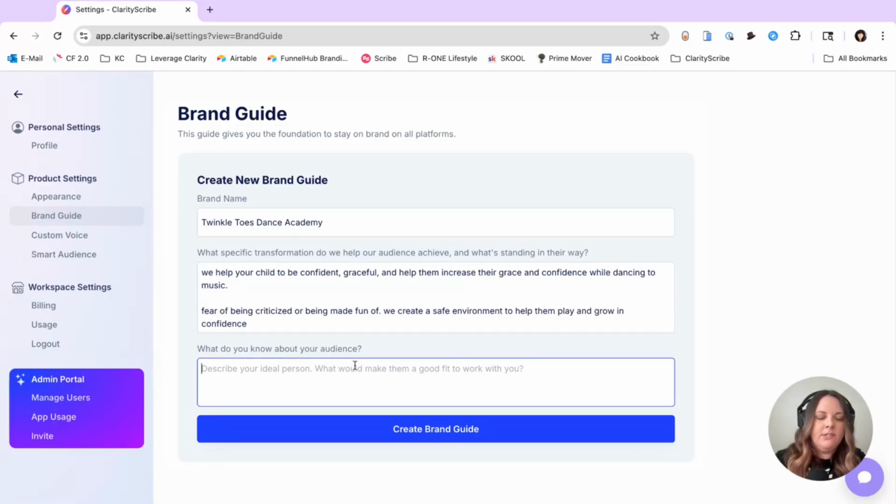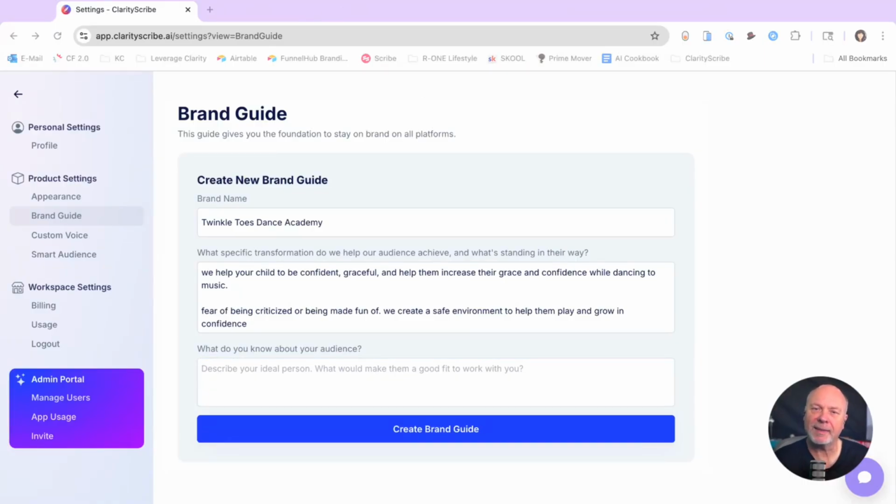All right. Now let's describe our ideal person. The question is, what do you know about your audience? The description says, describe your ideal person and what would make them a good fit to work with you. Is the ideal person the kid or the parent? I think it's the parent because they're going to be making the decision.